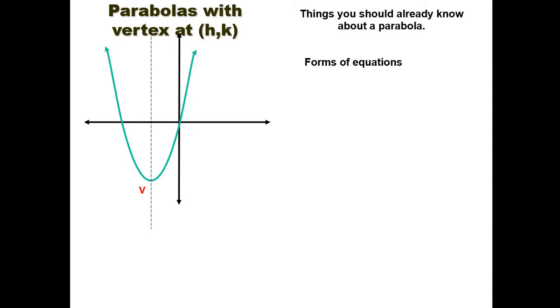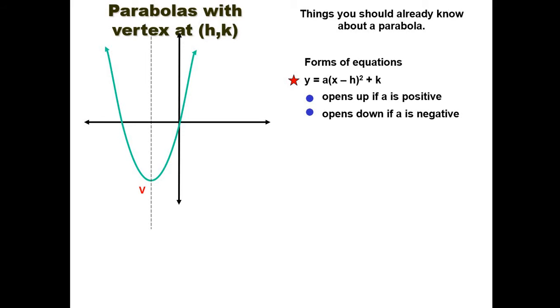So last time we discussed the definition of parabola and the terms related to it. So let us review here. Things you should already know about the parabola. So forms of equation can be y equals a times quantity x minus h squared plus k. Opens up if a is positive, opens down if a is negative. A vertex is at hk,